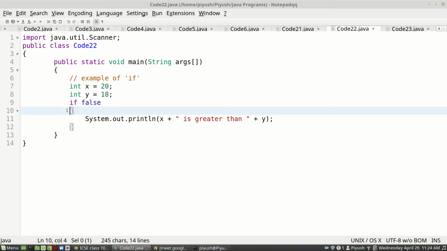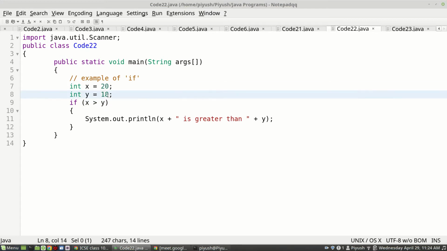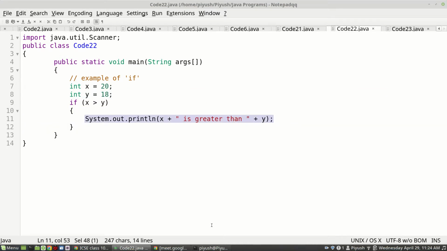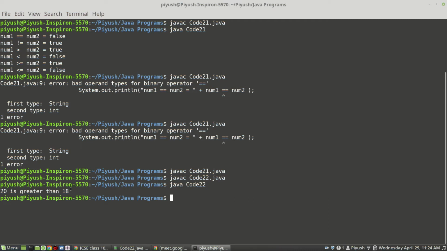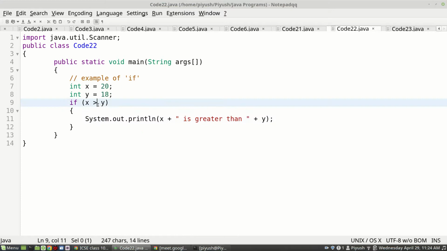if will not go inside its block, or if will only go inside its block if the condition mentioned here evaluates to true. So we can see the condition mentioned here, x is greater than y, will evaluate to true because actually x contains a greater value than y. Therefore, it will go inside and print the message on the screen which you saw here. Okay. However, if I make changes and if I put this,